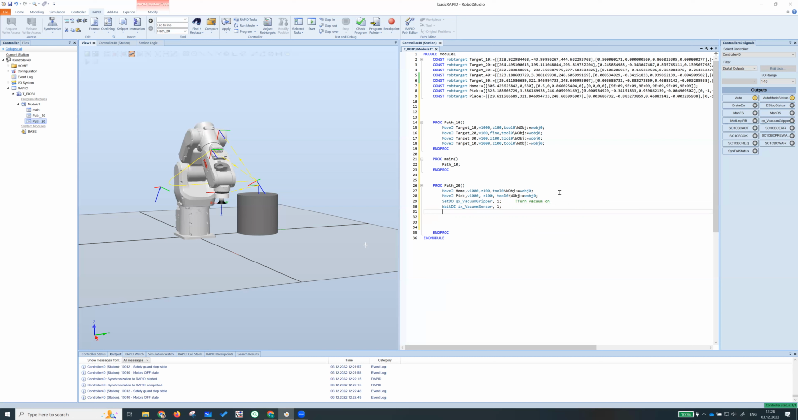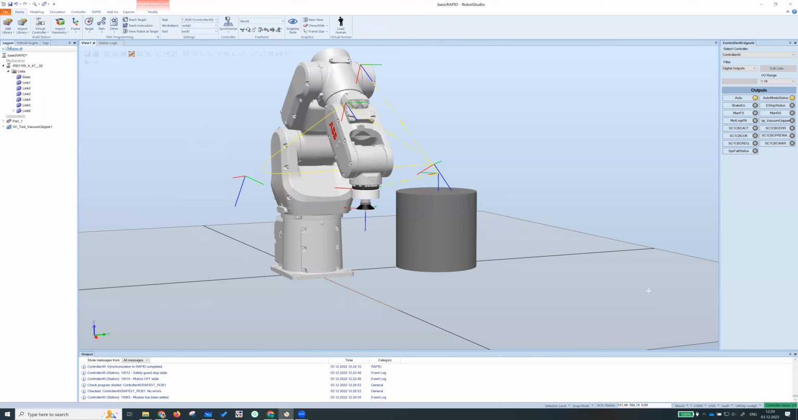And we already gripped the cylinder. What we're gonna do next? We can move back to home position. Okay. Let's apply. Okay, but before we can run the program, what we can do is to move the cylinder back to